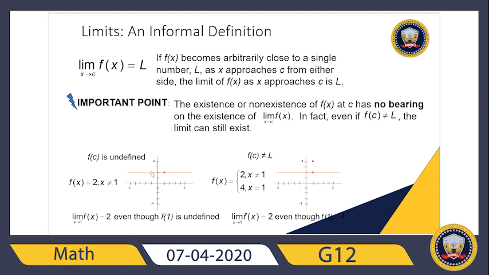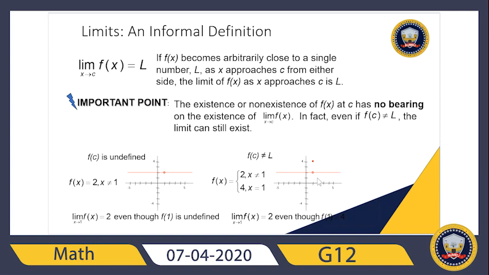Let's take another example. Look at this function. f(x) is defined as follows: it equals 2 when x is not 1, but for x equals 1, f(x) equals 4. So this function is defined by two formulas. When x equals 1, it's 4. When x is not 1, it's the line which is 2. So in this case,